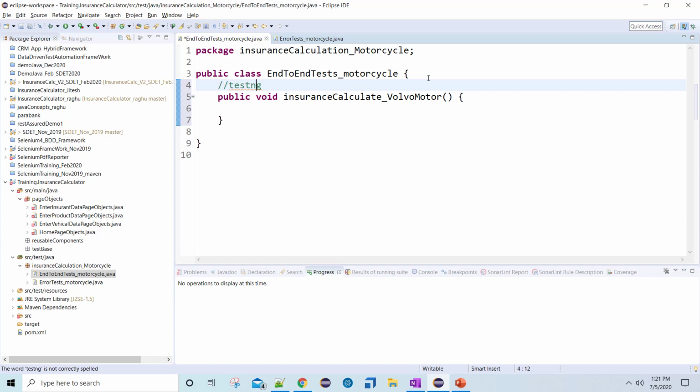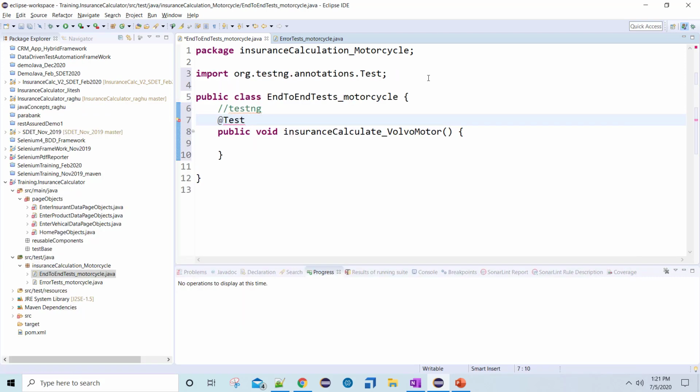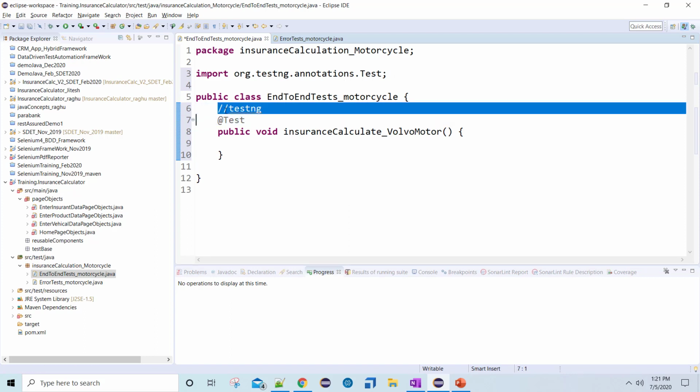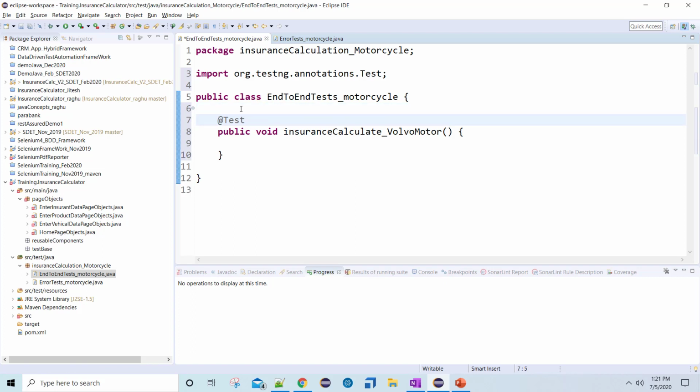I have created this particular method, and if it is TestNG, then we can convert any method into a test case simply by annotating it with the @Test annotation. So these are the basic things we should know before we work on framework development. Now we will create a test base in some more time, but for now let us start creating some basic tests. So how do we work? We create something like WebDriver.